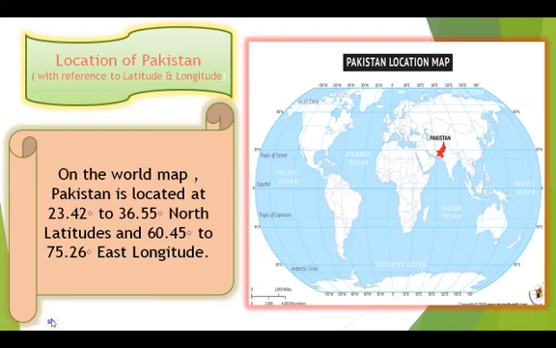Let's discuss the location of Pakistan with reference to latitude and longitude on the world map. On the world map, Pakistan is located at 23.42 degrees to 36.55 degrees north latitude and 60.45 degrees to